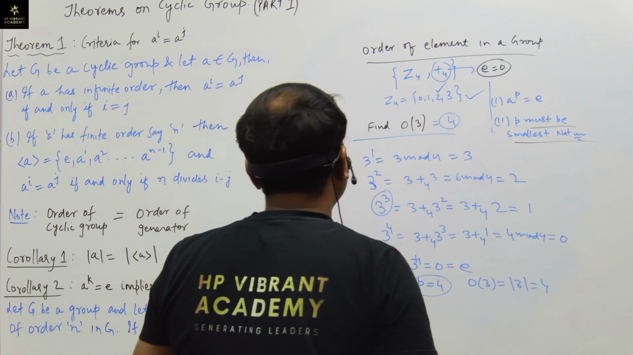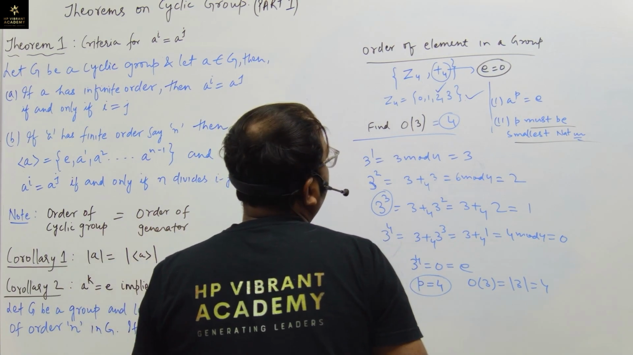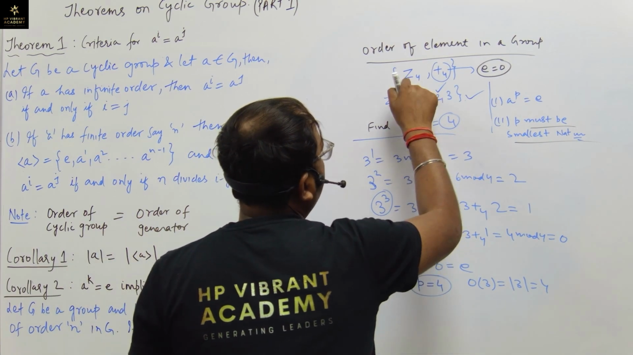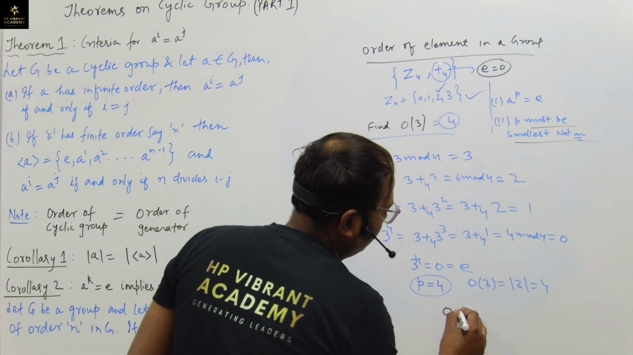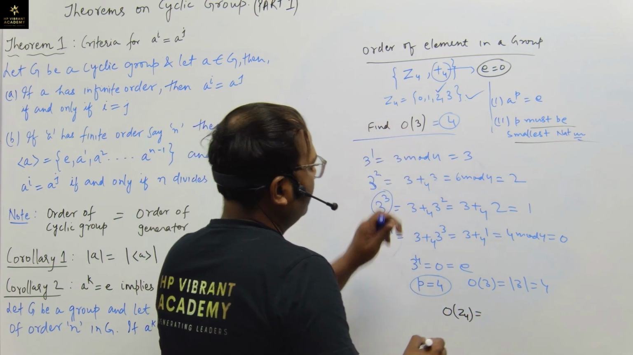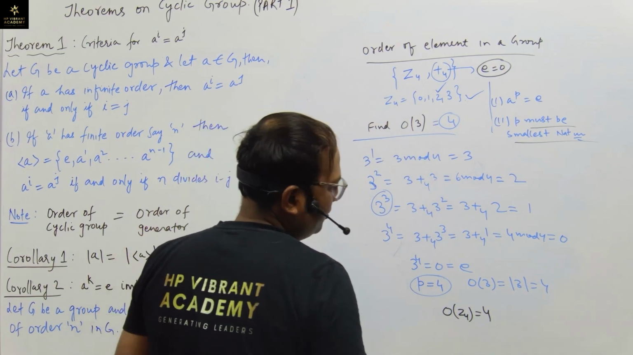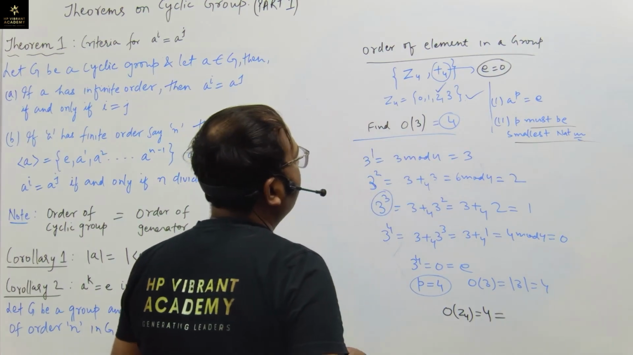Now let us relate this. The order of a cyclic group is equal to the order of the generator. So the order of this cyclic group, that is Z4, is equal to the number of elements in Z4, which is 4, and this is equal to the order of its generator. The generators here are